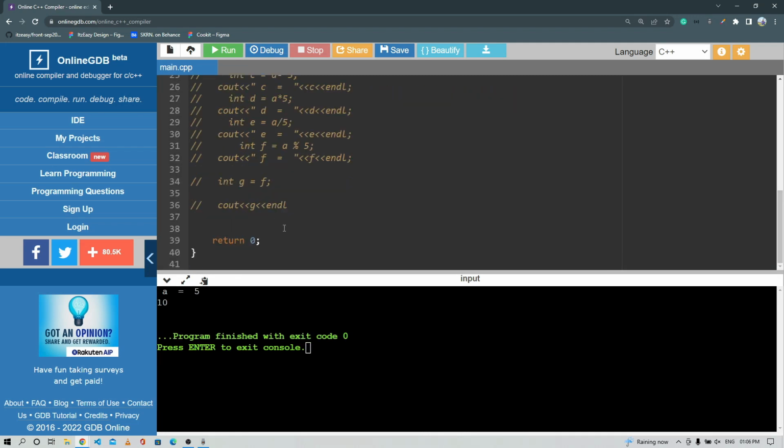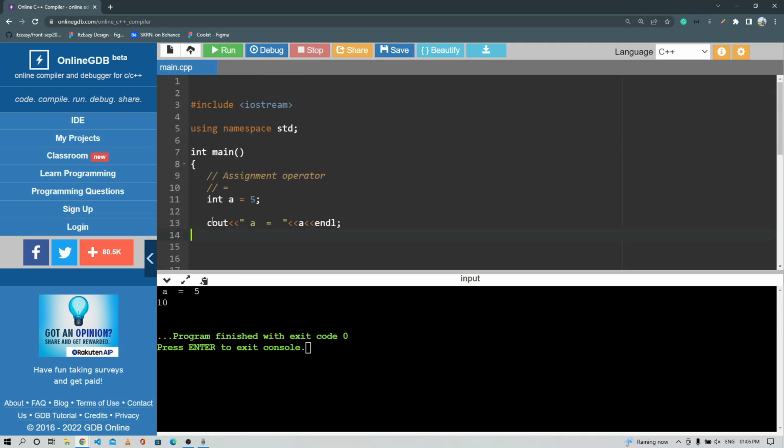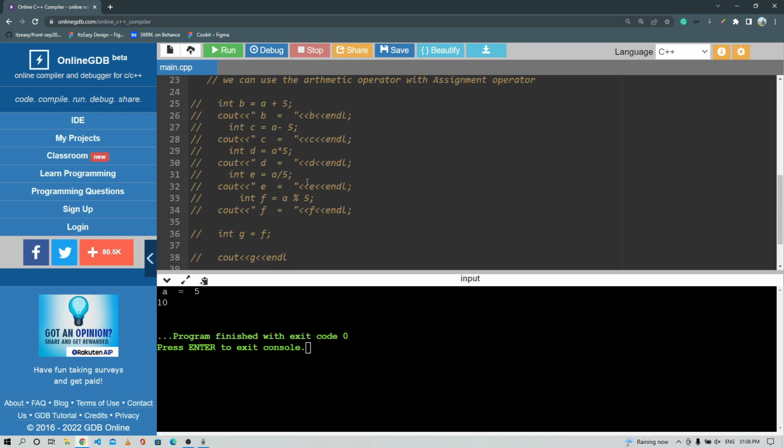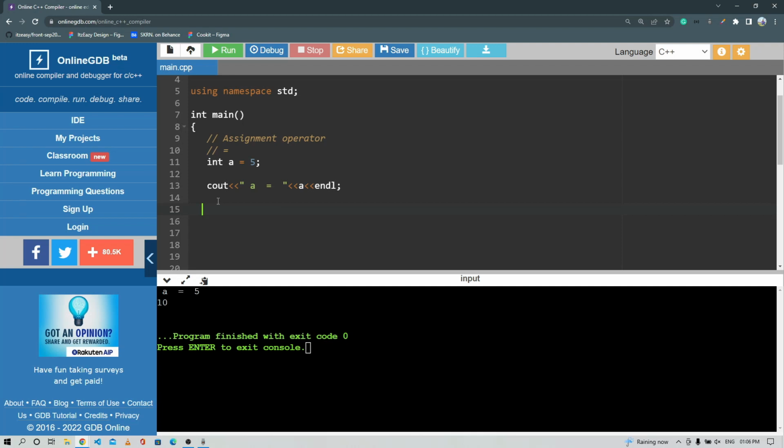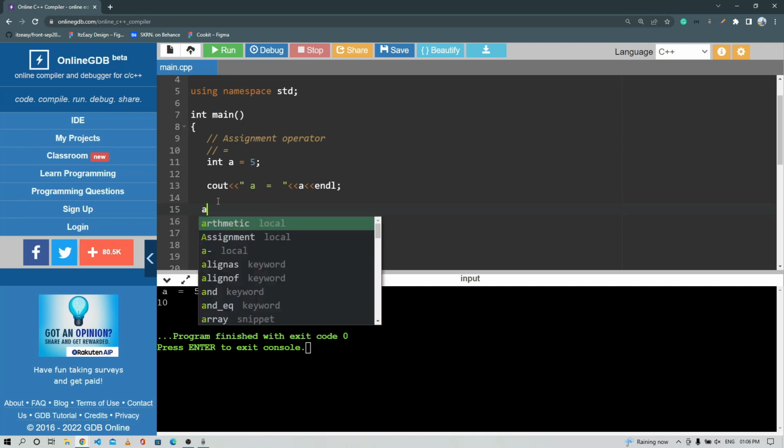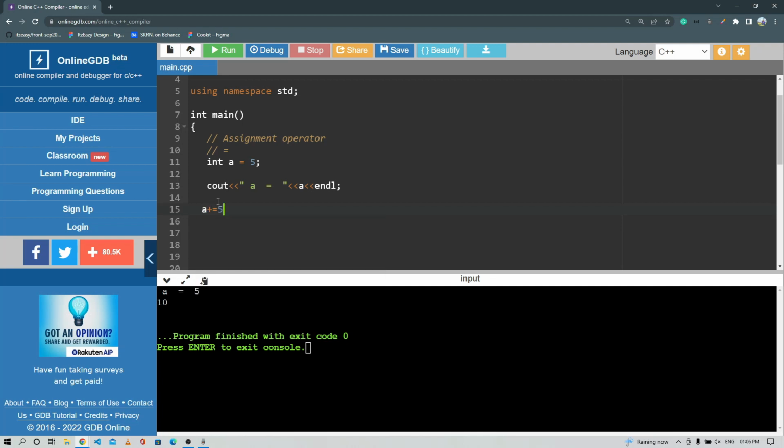Now I commented out all the previous code. Now we are using the shorthand property to get the same result. Like we can use a plus equal to 5. This 15th line statement is basically written like a equal to a plus 5, and we can write this statement like this. This statement is the shorthand property of that, and when we try to print,